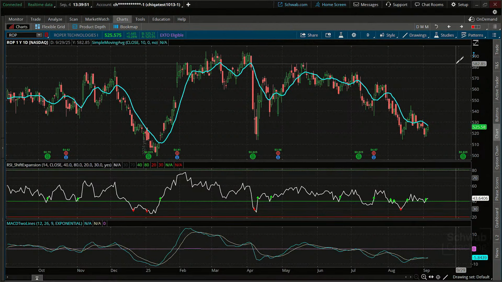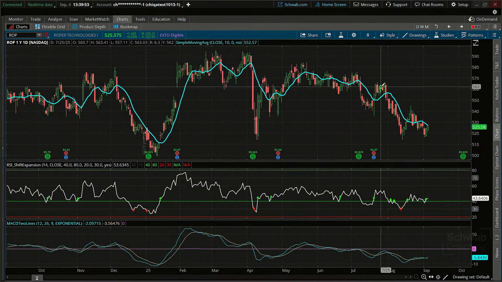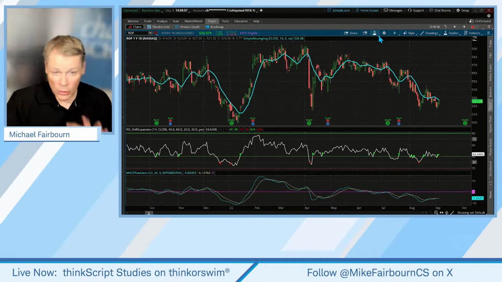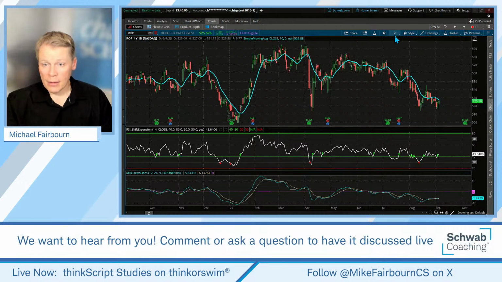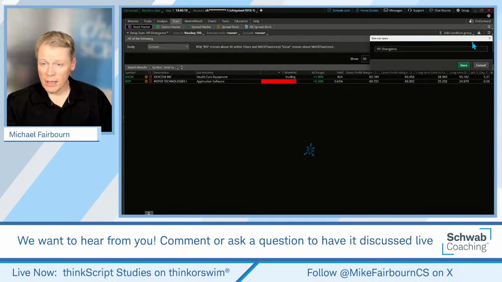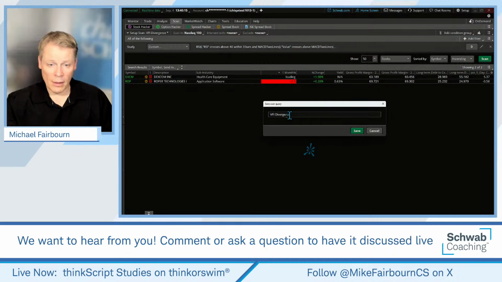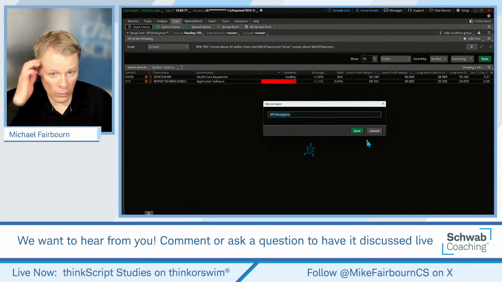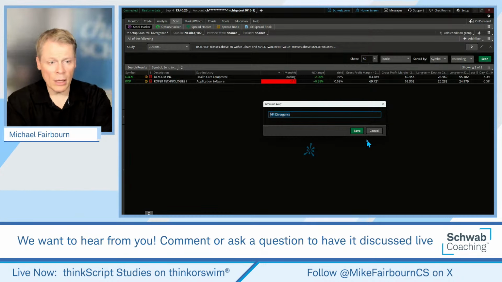So let's throw this out here for any questions that you guys might have. Anything on the charts? You know how to build that scan, right? This is going to be interesting. I think I can actually take this scan. If you want to play with these numbers, change it, but at least you have it down. This can be saved, can it not? I think it can. There's our VFI, volume flow indicator divergence from last week, or a couple of weeks ago.